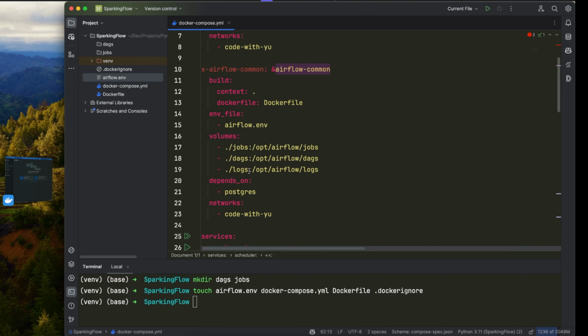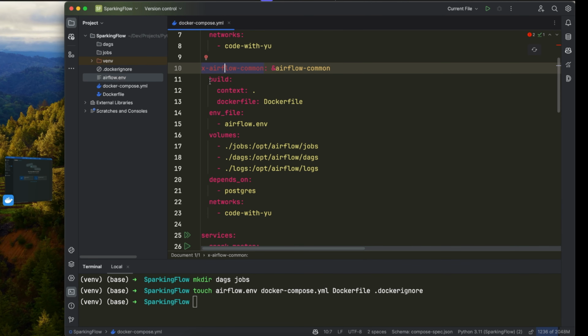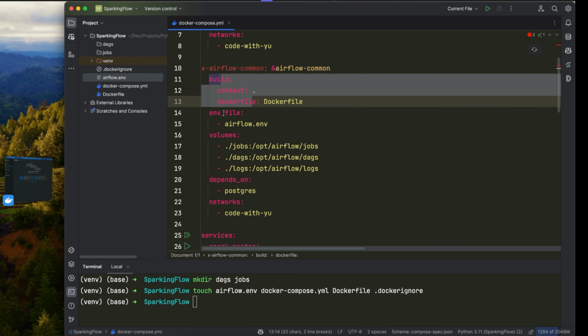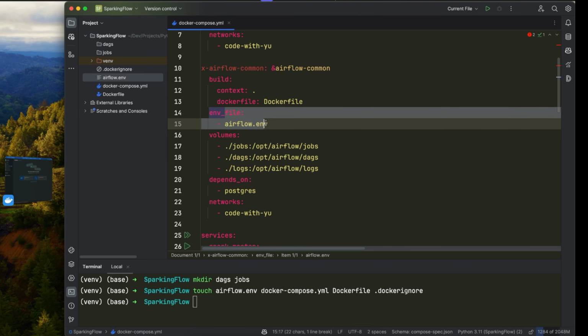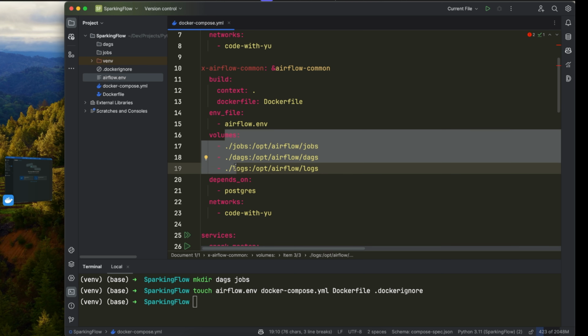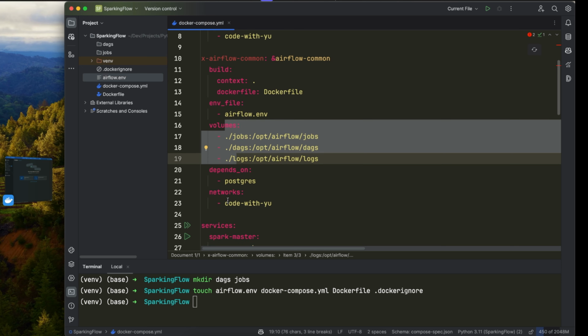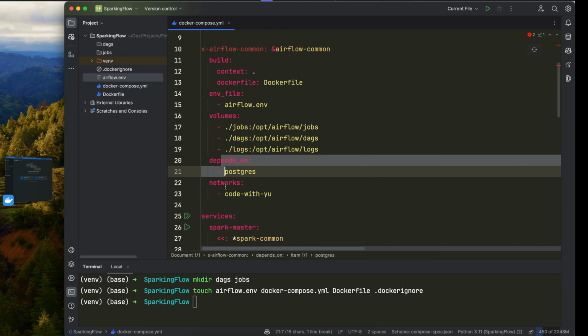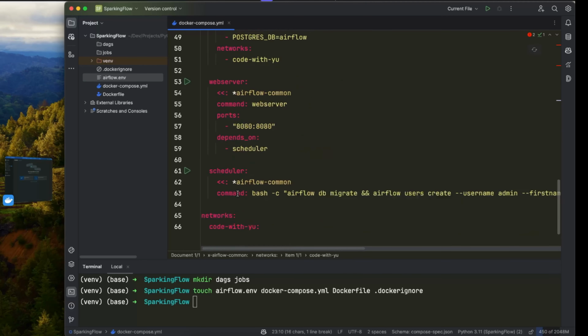And if you look at the Airflow common, it is here. These are the build contexts. So they are inheriting from the Dockerfile, having an env with this username and password, and the volumes. These are the volumes that are mapped into that. And it's depending on Postgres, and then they have the same network. So that's the basic overview of the system architecture. So this is going to create the master worker architecture for us